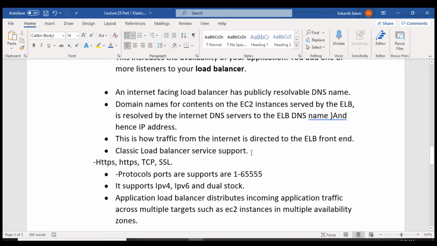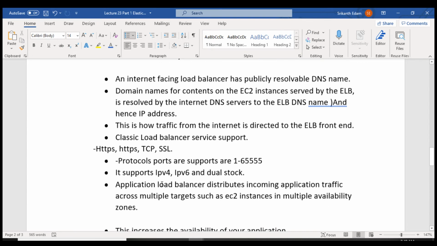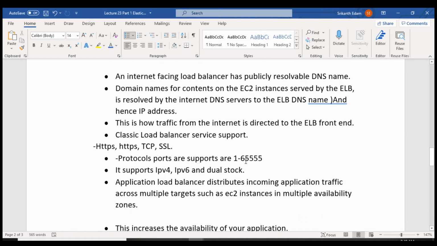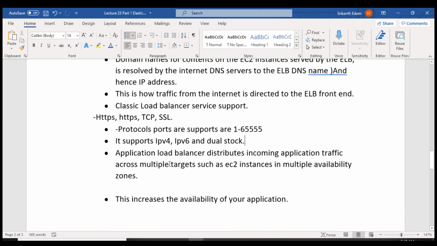Classic load balancer service supports these protocols. Ports are supported from 1 to 65535. This is related to TCP/IP. It supports IP version 4, IP version 6 and dual stack. So these are the versions which are supported by classic load balancer.